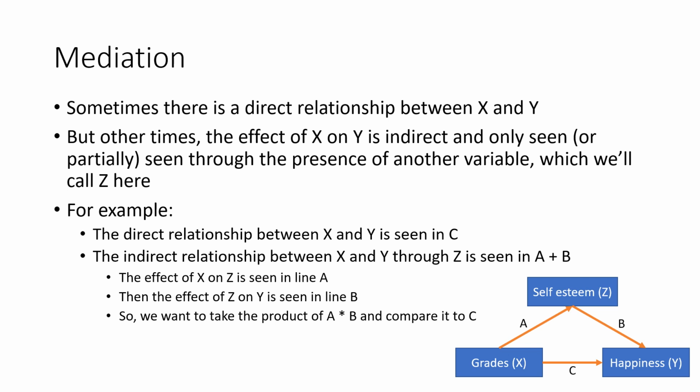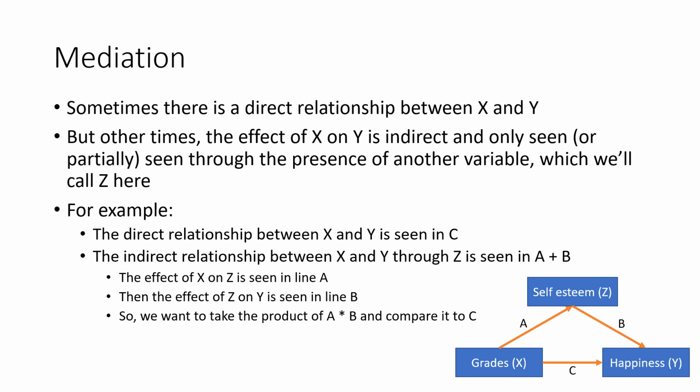But other times, the effect of x on y is indirect and only seen, or partially seen, through the presence of another variable, which we'll call z here. And that variable I've conceptualized here as self-esteem. So the logic here is that the higher your grades, the higher your self-esteem, and then the higher your self-esteem, the higher your happiness. So you can see here a mediating role for variable z. There may be a direct relationship between x and y. There may not be a direct relationship between x and y, but there is a significant relationship between x and